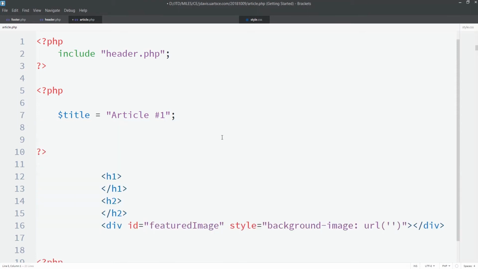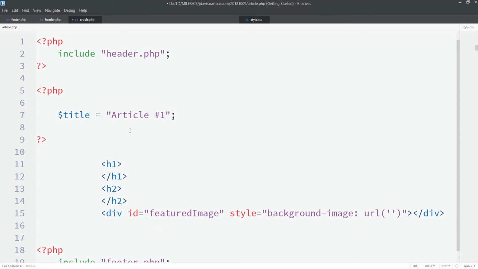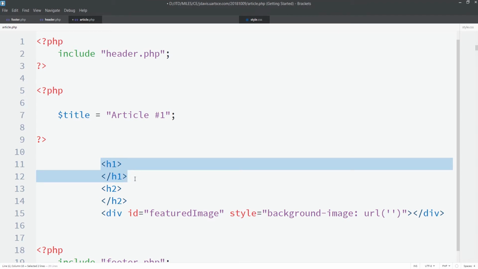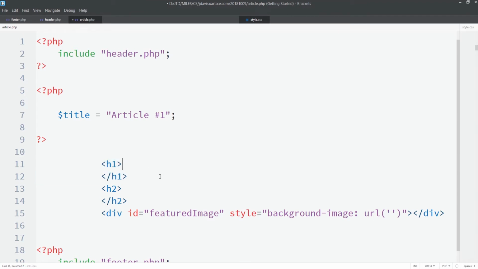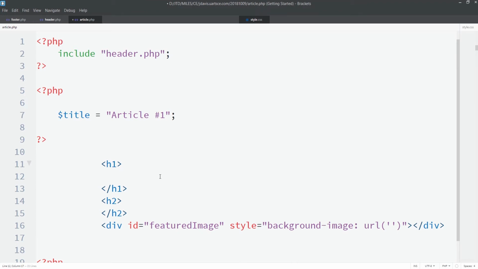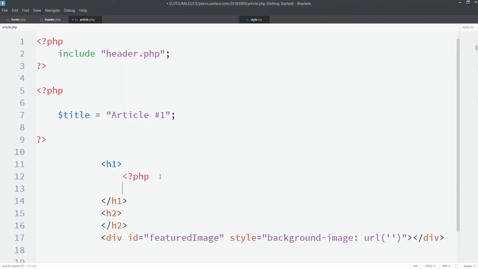So we have $title is equal to article 1. So where we would actually use that is in between this h1 tag here, between the beginning and ending h1 tag. In order to actually print the value of title, we can do it one of two ways. We can either do question mark PHP,